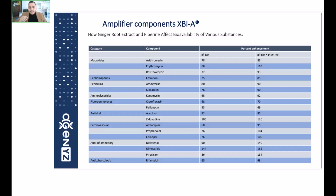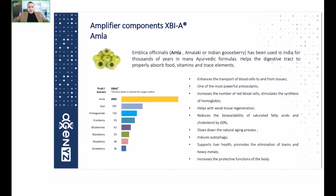But when you add ginger and piperine together, this effect is further enhanced. As you can see, for all the ingredients in here, there's a significant increase when ginger and piperine are added together. There's a further effect. And the third ingredient is amla, known as Emblica officinalis, which is the Latin name, or